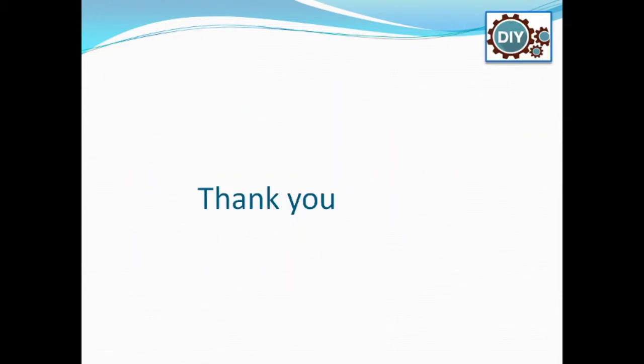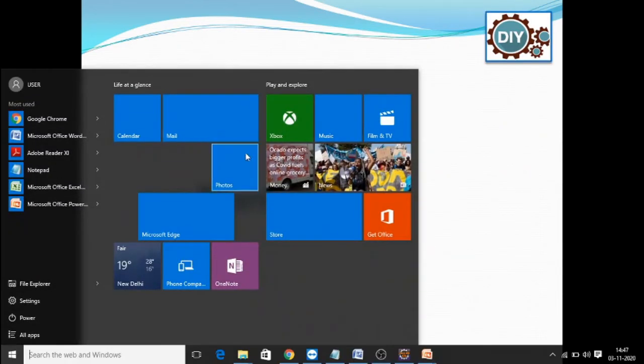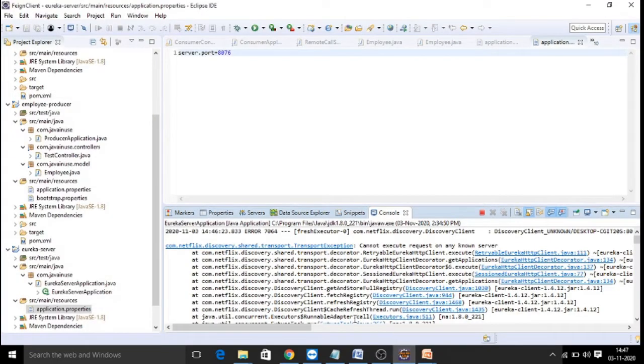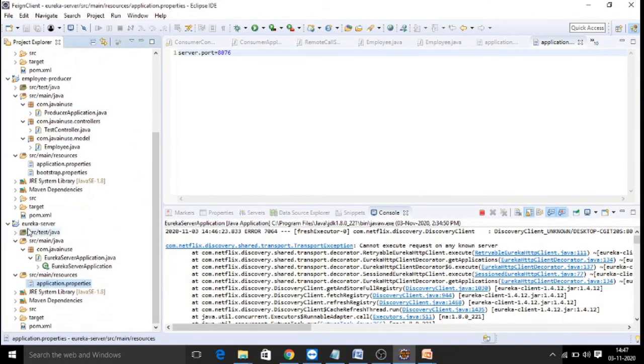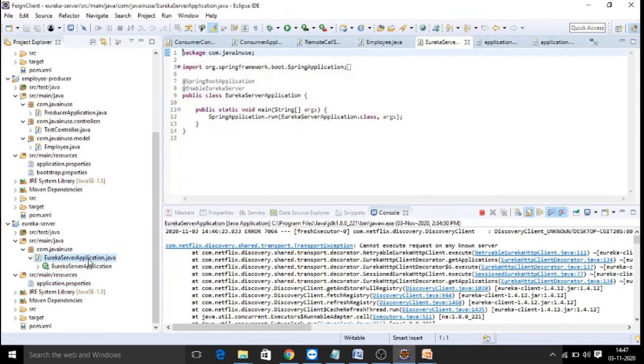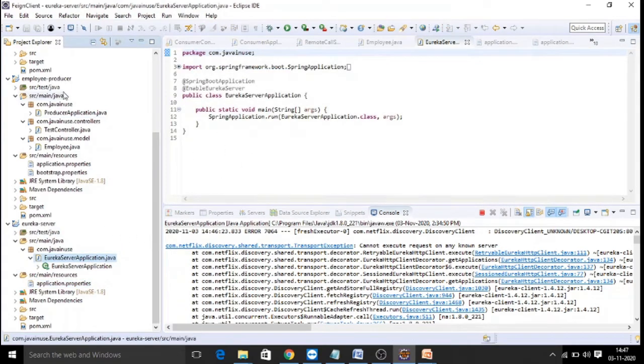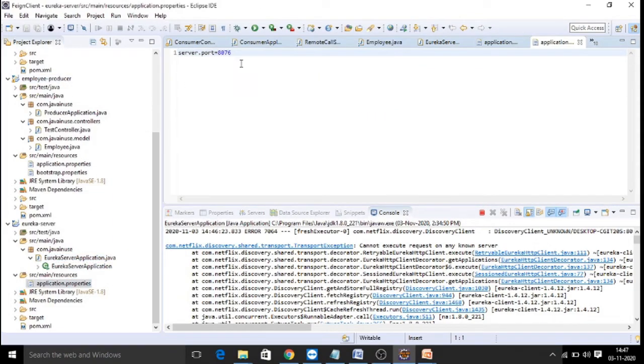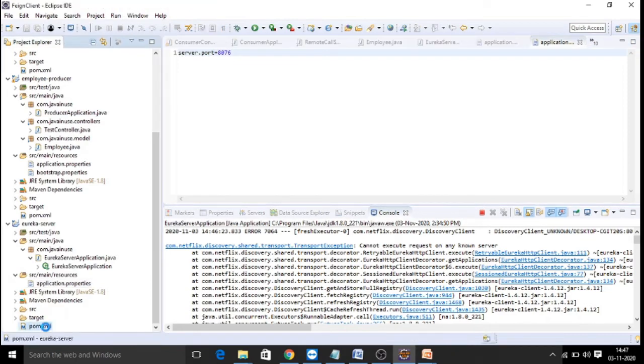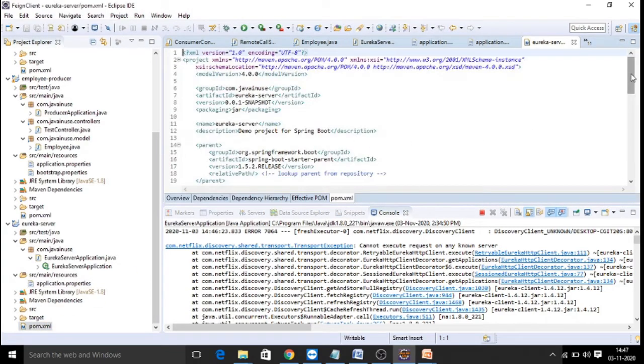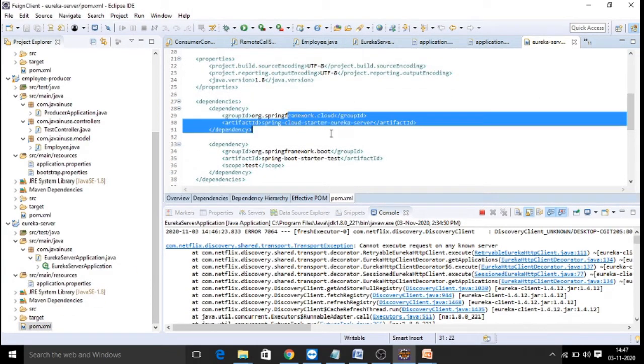That's all about the Feign client. Let us look into an example. So I have created the Eureka server application, which is a discovery server. It is going to register our producer and consumer applications, in which we have only the configuration for a server port number, and we have a dependency only related to Eureka server. This is the dependency we have.